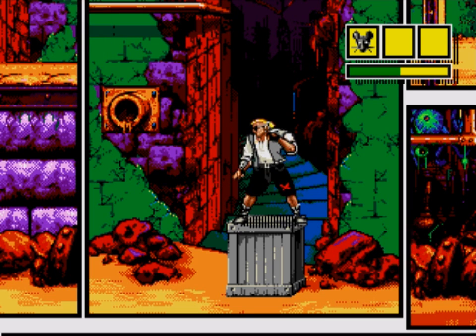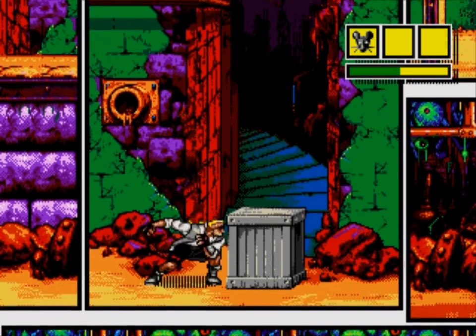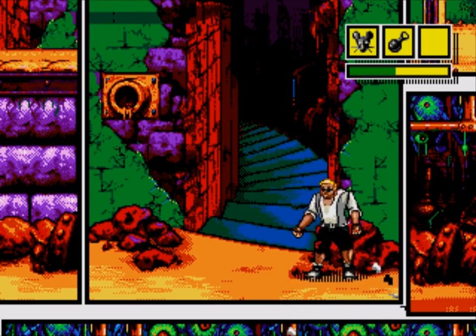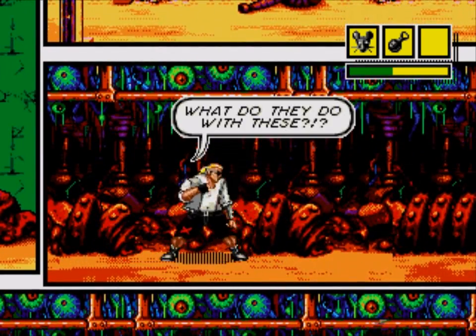Last time we had to make a decision on where we were going, and was it going to be the high road or the low road? Well, I'm going to take the low road, but before we do that, we want to pop open this crate right there, and then we're going to move on. We just picked up a grenade right there, so